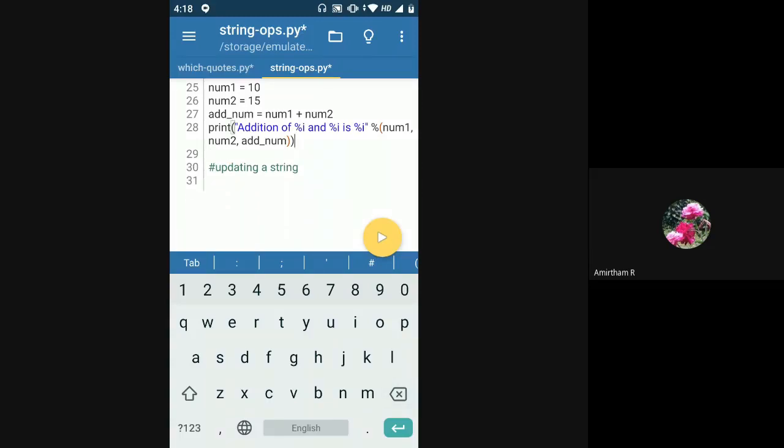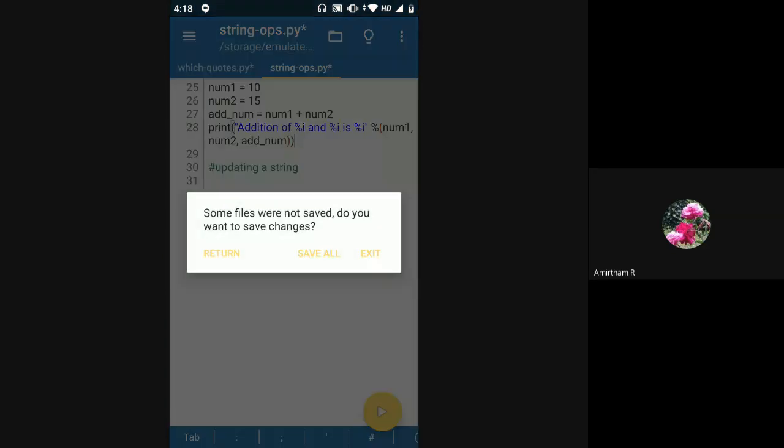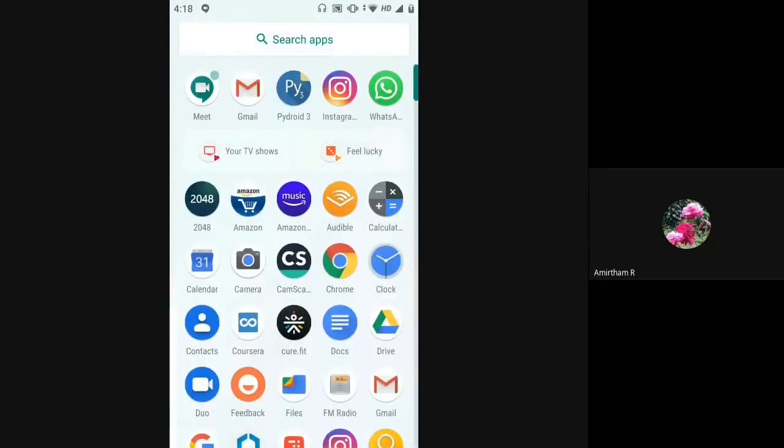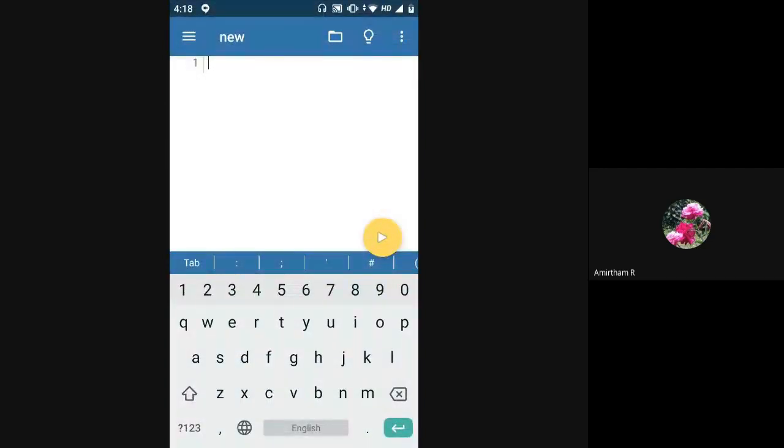There was one more thing I want to show you about strings. So basically, strings are immutable. What immutable means is that you cannot change it once it's done. Once you have created a string, you cannot change the contents of the string. Immutable usually comes in the case of sequence data only. Once you have created a sequence data, in this case string, right, string is a sequence data, you cannot change the elements of that sequence.